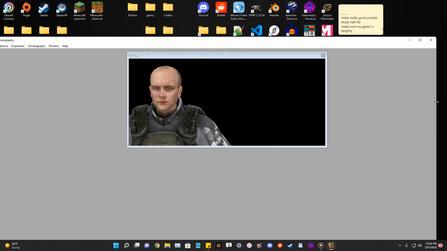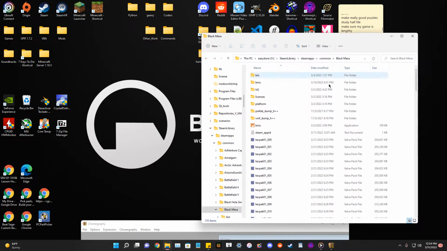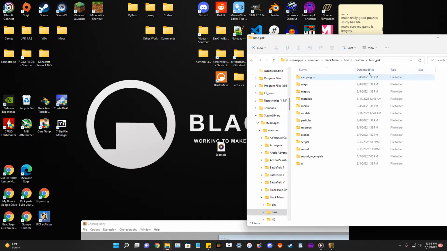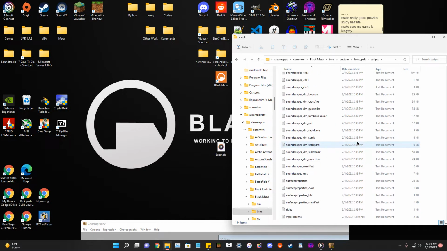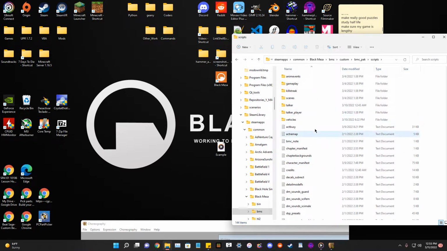So before we start, I'm going to show you another method that you can use in the Phoneme editor. So we're going to add to our Soundscript. Let's go to the Black Mesa shortcut, BMS, whatever mod you're working on in custom, and we're going to go to scripts. Like in the other video, I showed you how to make your own mod and how to make a Soundscript for your mod. So this is my mod in particular. I'm going to use my mod. You can use your mod, but you just need to go to your game